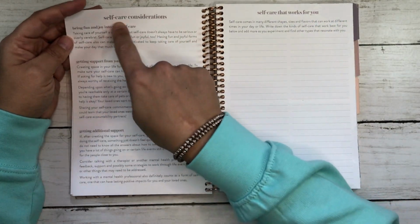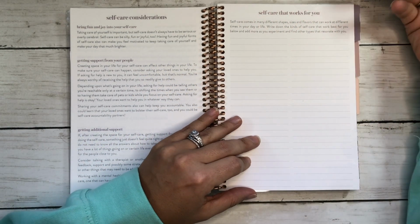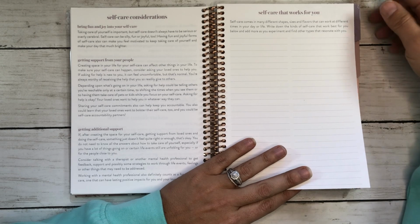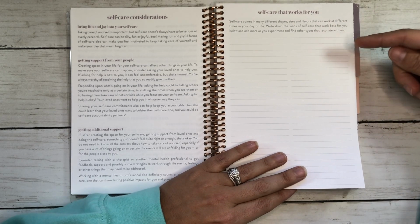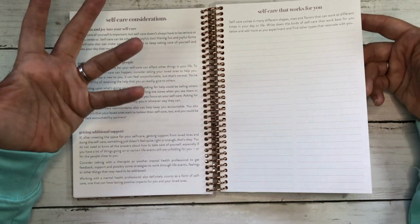Some considerations on how to get that self-care, and now they give you a nice open space for self-care that works for you, because self-care comes in many different shapes, sizes, and flavors that can work at different times in your day or your life. Write down the kinds of self-care that work best for you below. Add more as you experiment and find other types that resonate with you. Love a good open blank space because, hey,